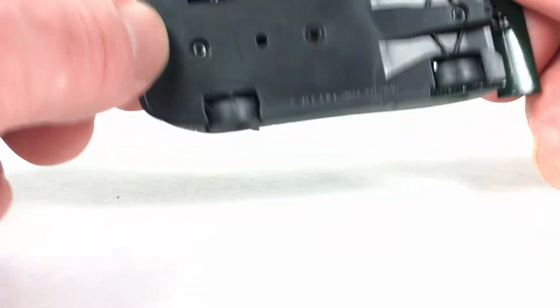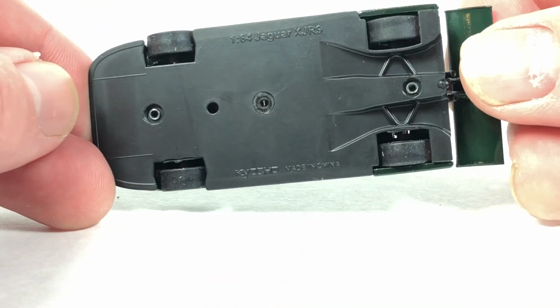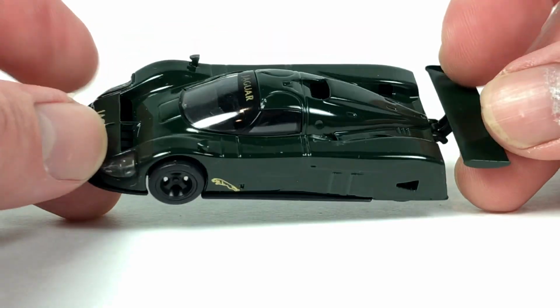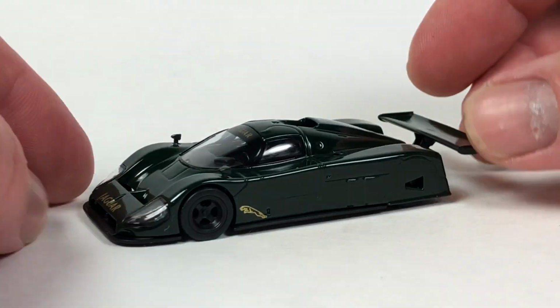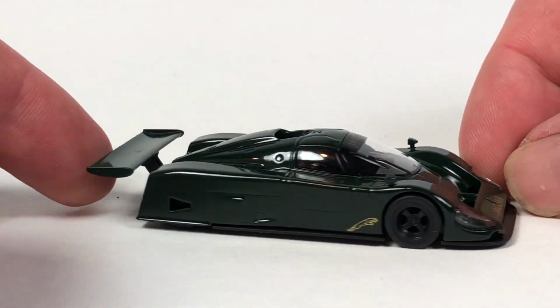And here's a look at your base. It looks pretty cool. Bases on the Kyoshos are generally plain. That's normal. That's pretty awesome, though. Let's set this one aside here for a sec, and then let's take a look at